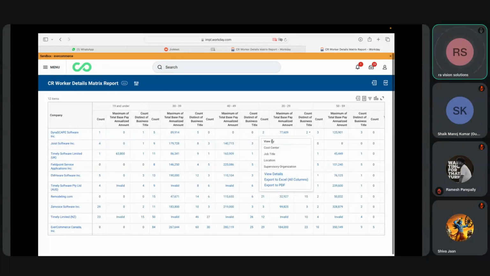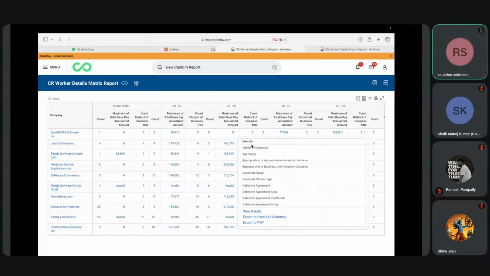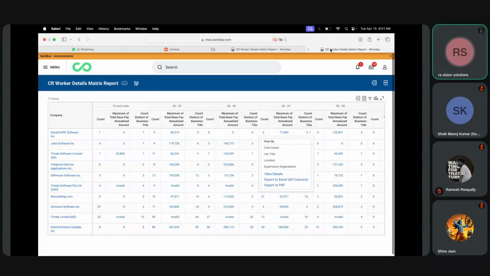In View By, whatever fields I defined in the column have appeared. Previously, we had all these options coming by default: View By options like organization, age group, appropriation. Now I defined what fields I need here: cost center, job title, location, and supervisory organization. So these are the only fields that I